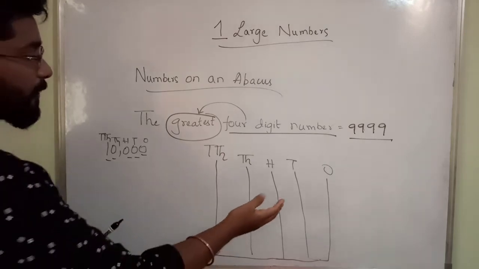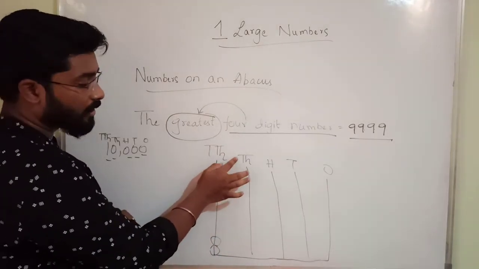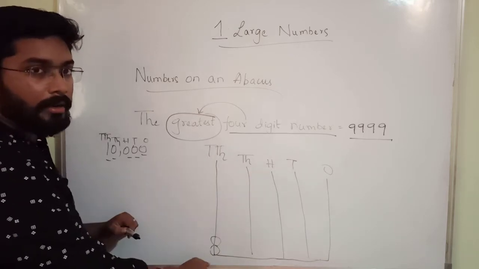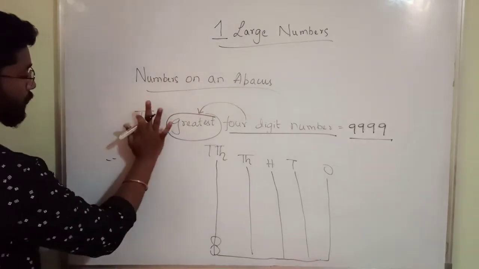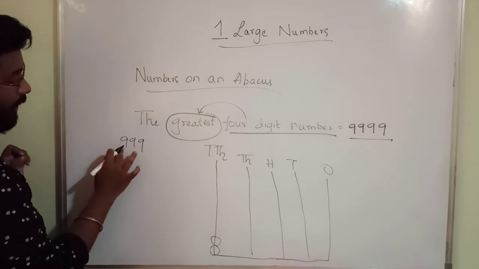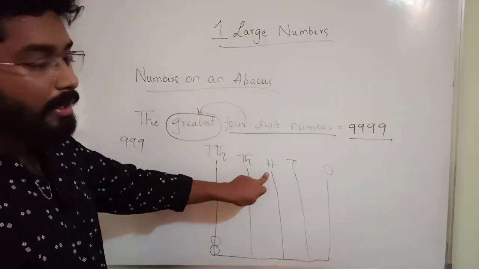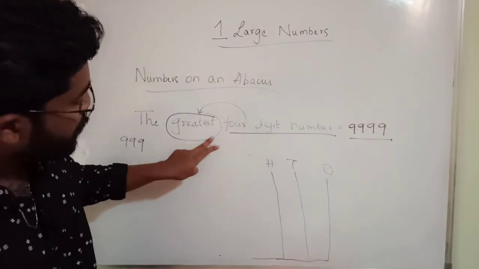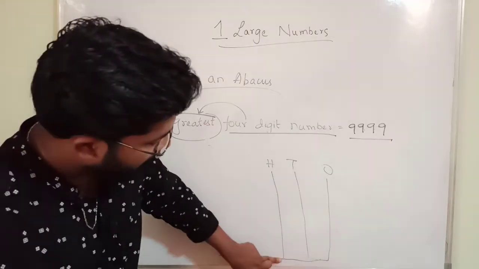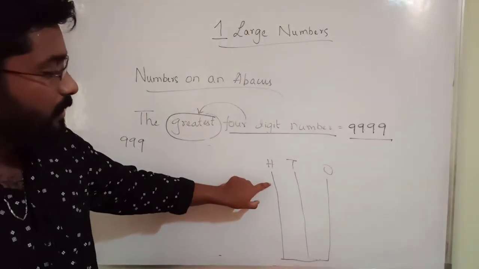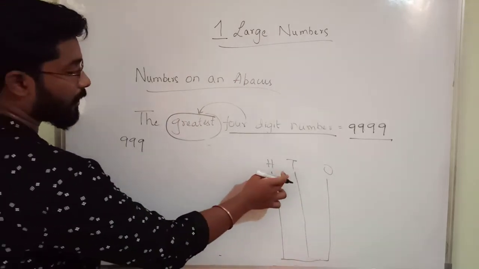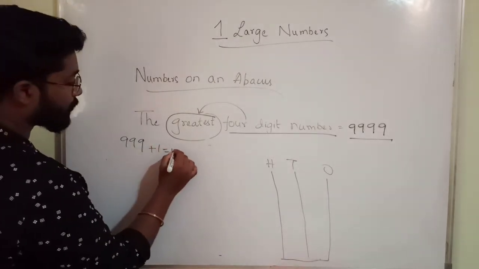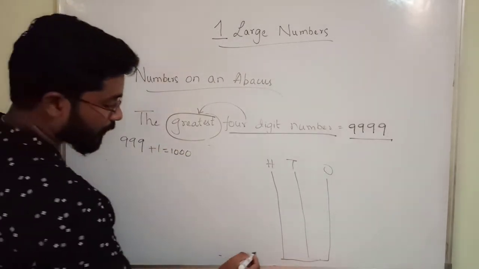Okay, this is step by step. Up to 9,999 only, you can represent in the thousands rod. After that, you have to keep one more rod here. Similarly for 999 only, you can go up to 999 only. You can represent 1 to 999 in these 3 rods, the hundreds rod. If you want plus 1, that will become 1000. For this you have to keep a new rod.